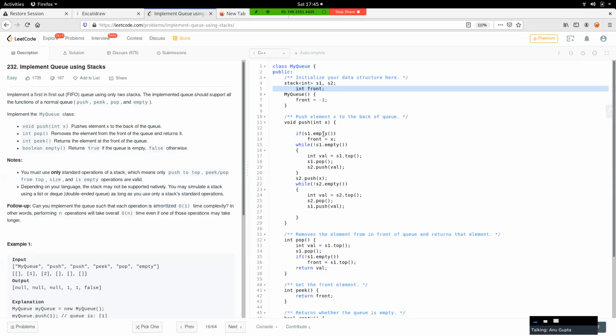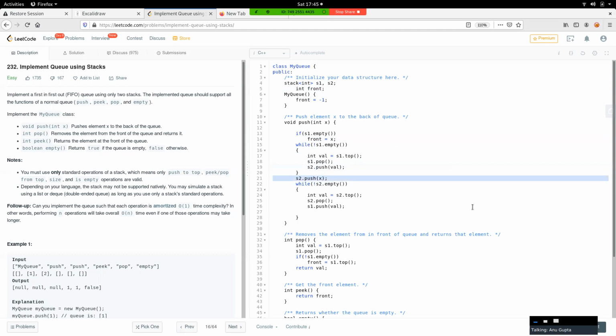So as you see, S1 is our main stack, and if it is empty, our frontmost element is the X itself, right? Whatever the value is, it is the front value also. Now if the stack S1 is not empty, we take the topmost element, we pop it out from the stack S1 and we push that value to our temporary stack, right? And whatever element needs to be inserted, we insert in the stack 2.